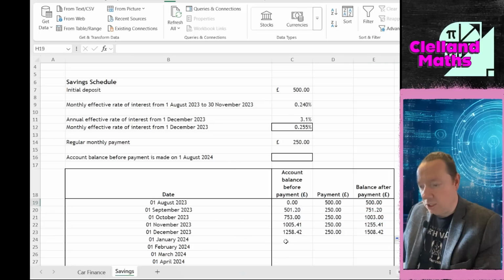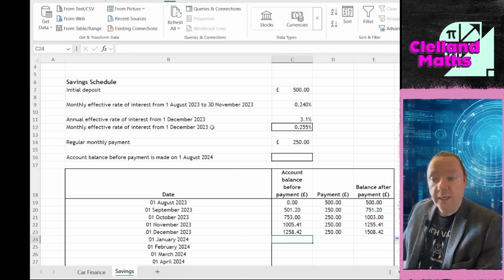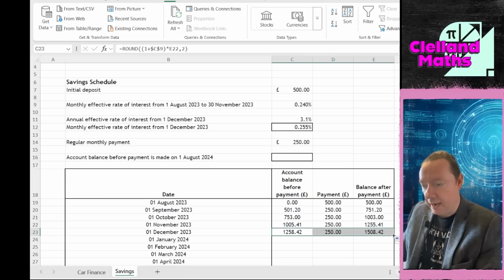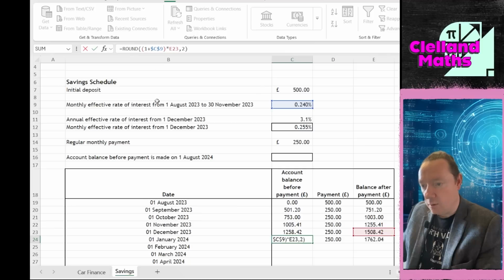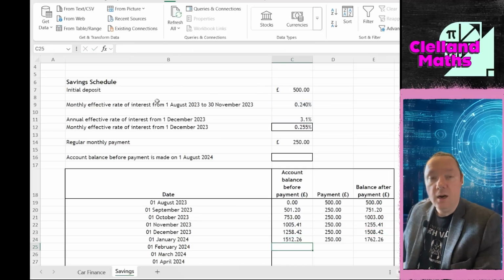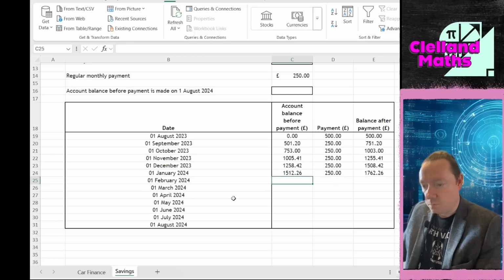And then once we hit January, January will be December's interest. So we need to change the interest rate. So what you can do is just copy these boxes down again, just one time, but make sure you remember to change that one. So it's now no longer C9, it is now C12. So I can just change that number to 12. And there we are. Now we can copy down